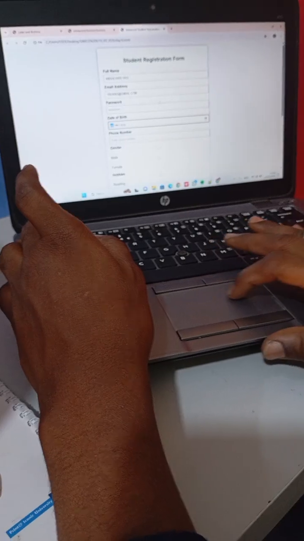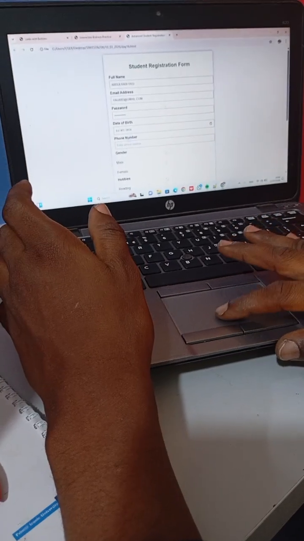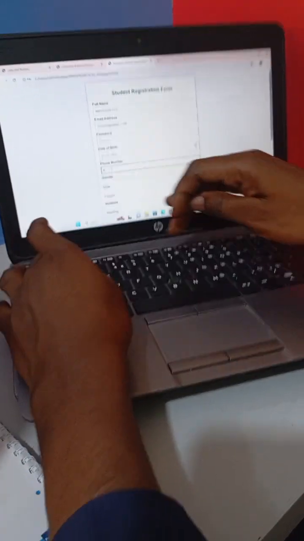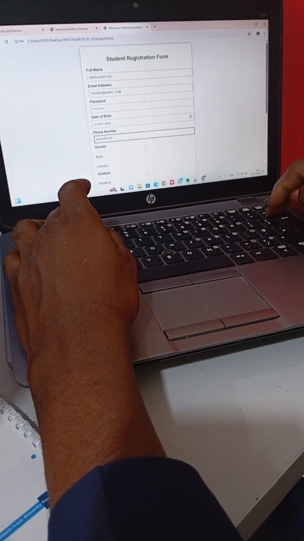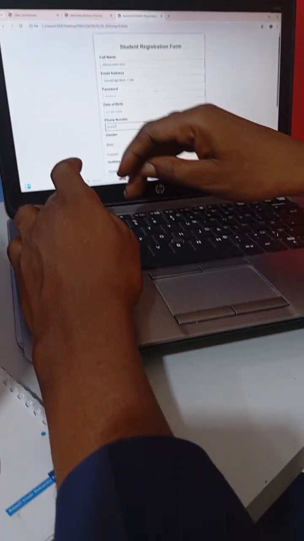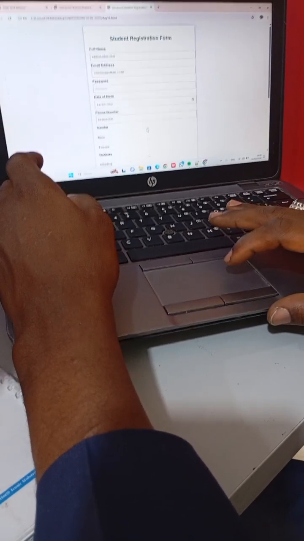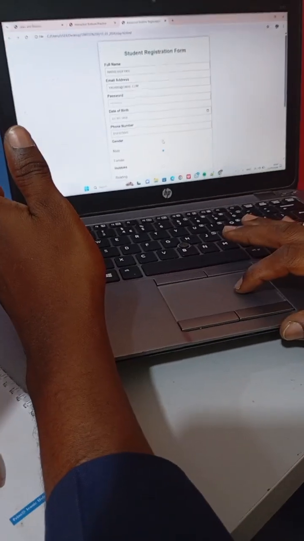Then we can choose the date of birth here. Let's choose that of today. Then we put our number, blah blah blah, like this, 5, 6, 4, 3. Then the gender, I will choose male. I won't choose both genders, I must choose one.